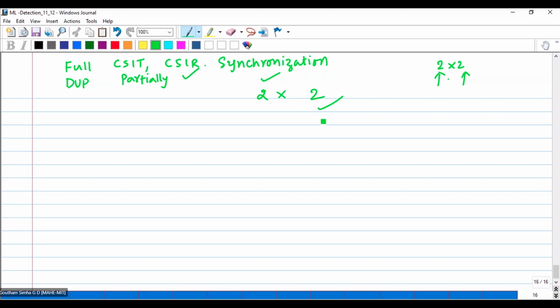This knows CSIR. This has synchronization, means it can effectively communicate what is happening at the receiver end, so that it will come to know everything at the transmitter. At least partial CSIT is assumed so that you can vary the gains at the transmitter itself. So that's why you are using some kind of coding over here so that you will get better performance.